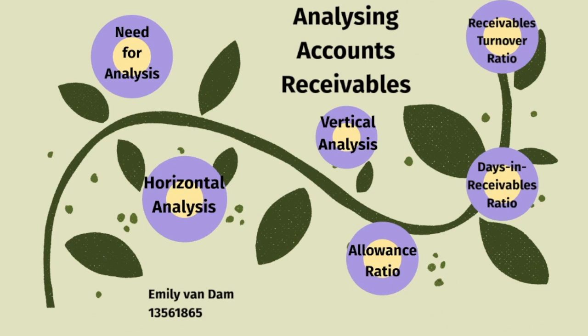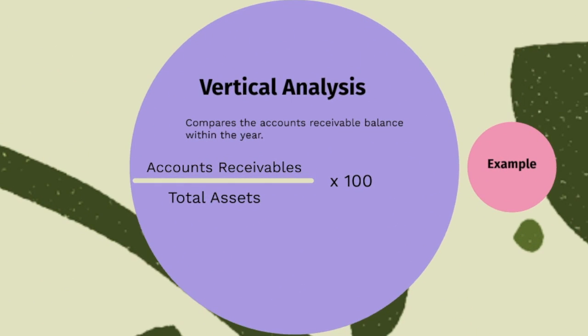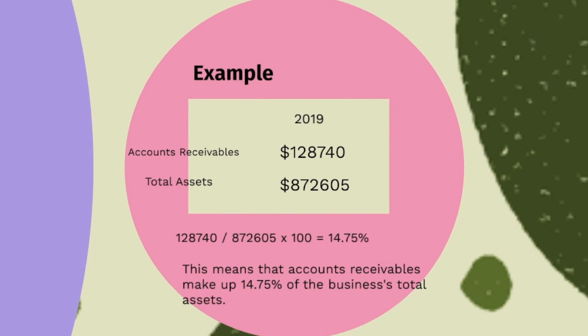Vertical analysis compares the accounts receivable balance within the year by dividing the accounts receivable amount on the balance sheet by total assets. For example, 128,740 divided by 872,605 is equal to 14.75%, meaning that 14.75% of the business's total assets are accounts receivables, which is a strong